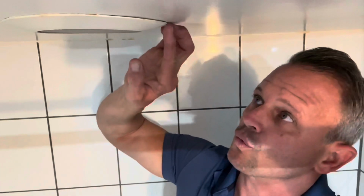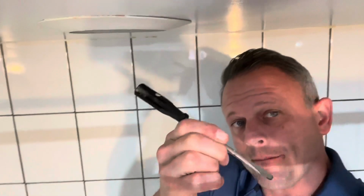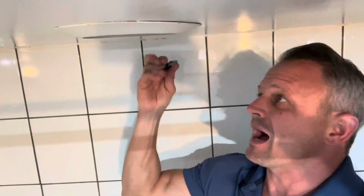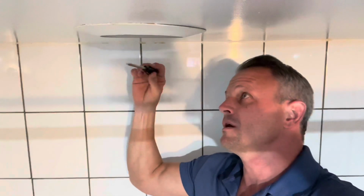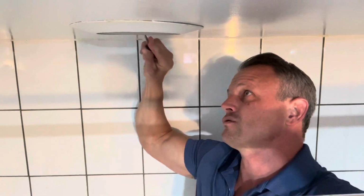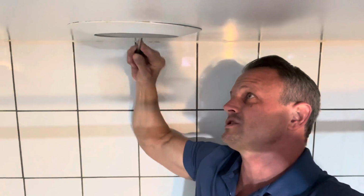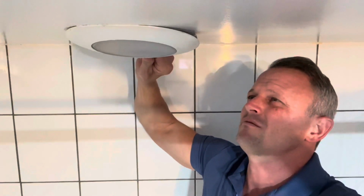Sometimes you can just grab with your fingernails and pull down on this trim ring, or you need a small flat blade screwdriver. I typically like to come in on the back side in case I scratch the ceiling or this trim ring. So I'm just going to very gently push my flat blade screwdriver in there, give it a little bit of a twist just to get it up underneath here, and then I'm going to pull this down,